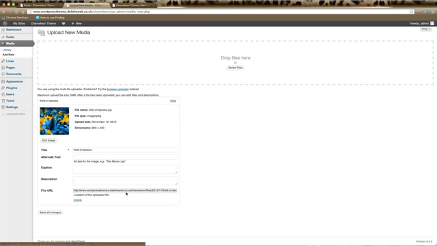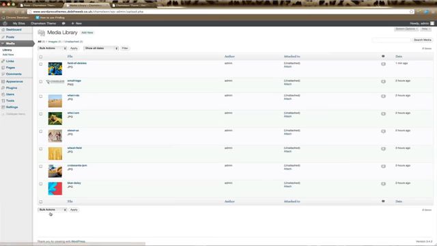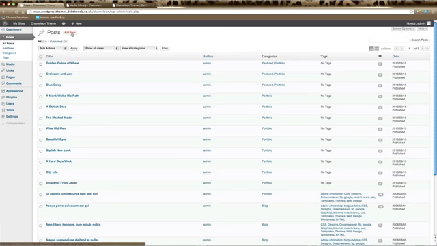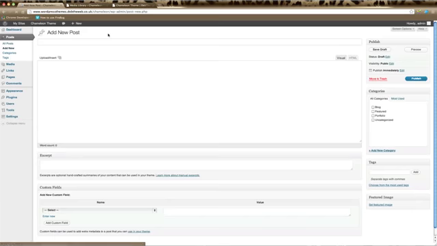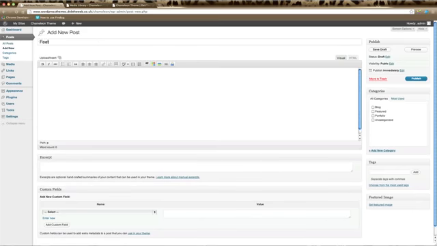Once this is done, you can see down here in the file URL section, this is the URL that we need to copy. So just highlight and copy that. That's the URL we need to paste into the custom fields section of your blog post, which we'll create in a moment. So just click Save and then go to your posts, and we're going to create a new post and we're going to call it